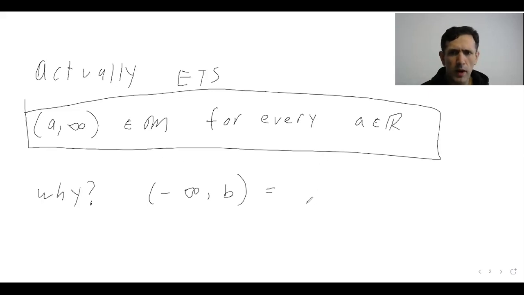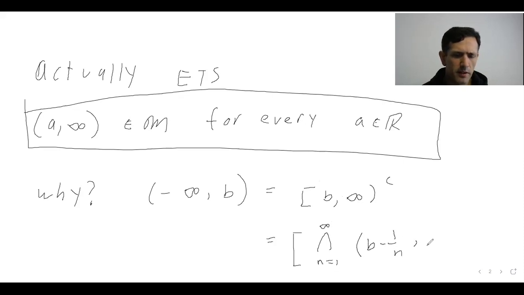Well, this is going to be the complement of b to infinity, where b is some real number, which can be written as this intersection here, b minus 1 over n, the complement here,